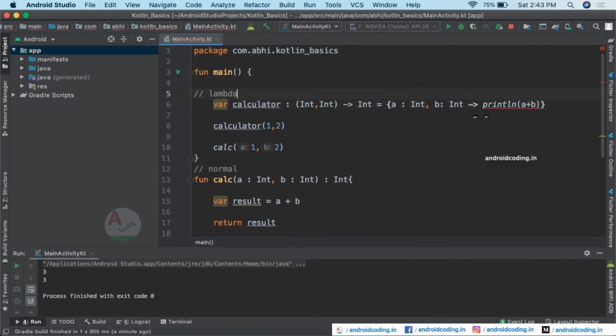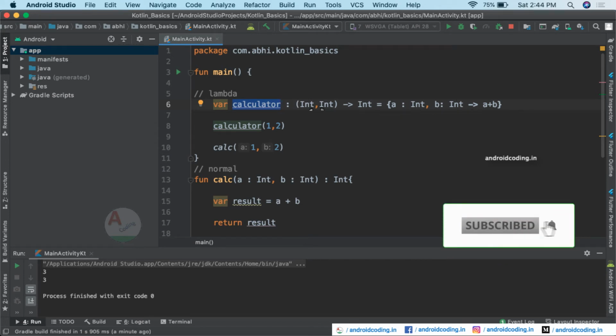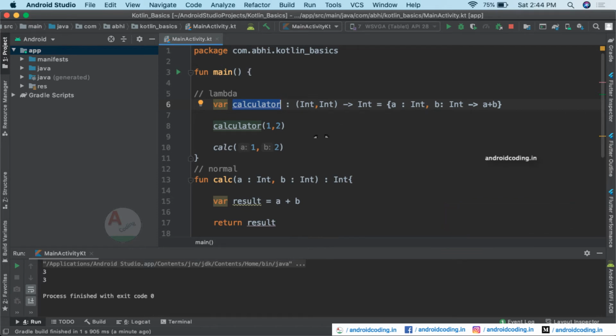So here we are making a calculation and it's in the form of integers, so we are returning an integer value. And now remove this println condition. We had specified println previously to just print it, but now our calculator will have the result of addition of these two numbers. So this is how a lambda expression is much more useful, because our value will be stored in our variable here, calculator, which you can use anywhere else.